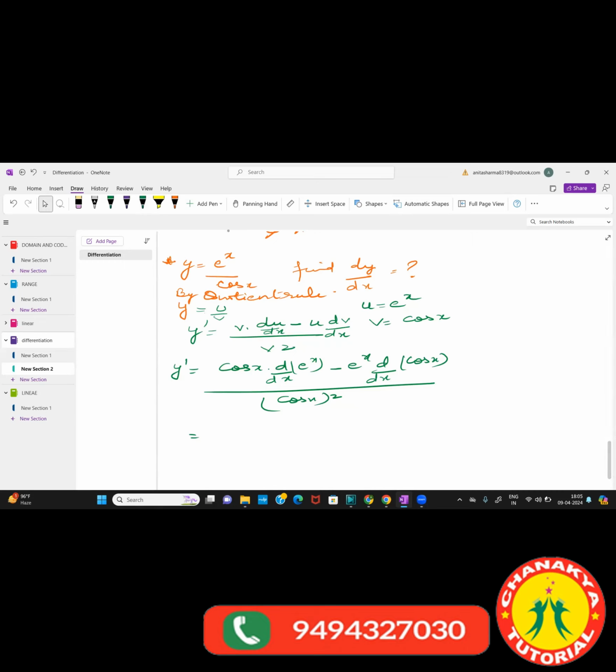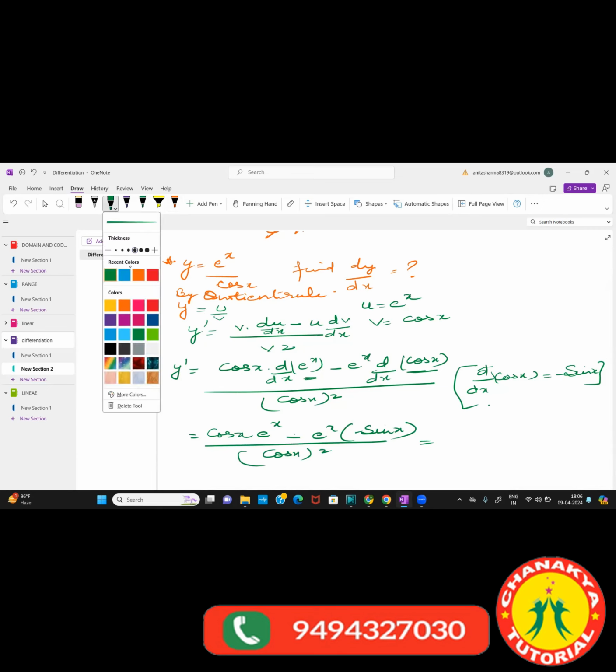Yes. Okay. Now write here cos x. Now the differentiation of e to the power x, Jaswant: e to the power x only. Minus. Now tell me the differentiation of cos x. It will be minus sin x. Read the formulas, beta. Yes, I understand. Then it will be minus sin x upon cos x whole square. So minus minus will be plus.